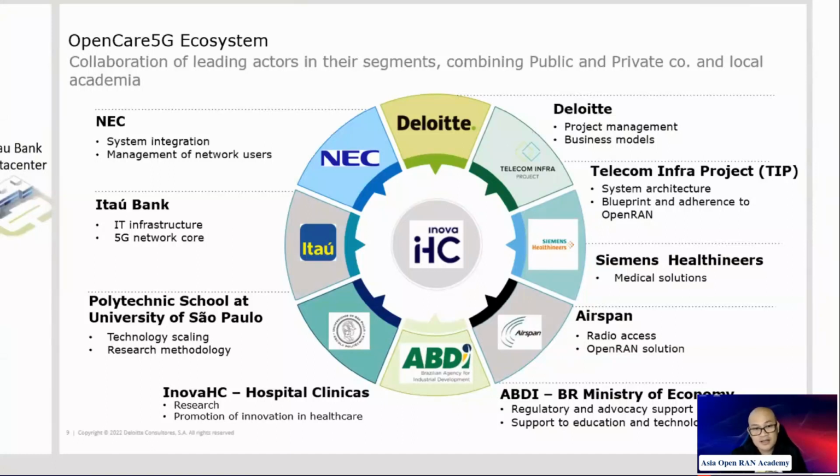And one of the interesting things in this use case is the involvement of banks. Here the Itaú Bank provides the IT infrastructure. They serve as the 5G core network. Most of the data centers and databases that were used were part of the Itaú Bank. So this project has become a catalyst for innovation in health, connecting resources and entrepreneurs to generate solutions for the innovation ecosystem of the organizations.